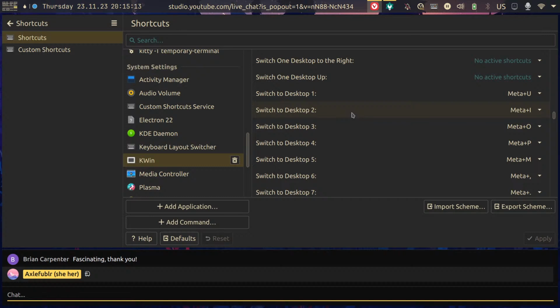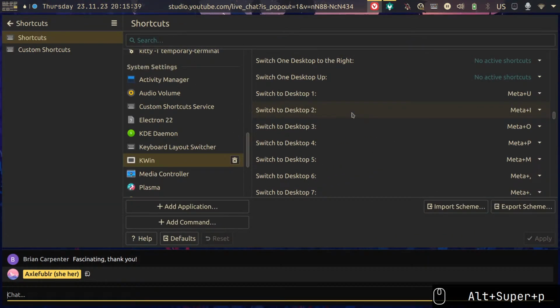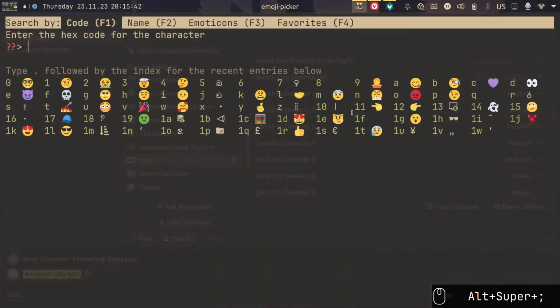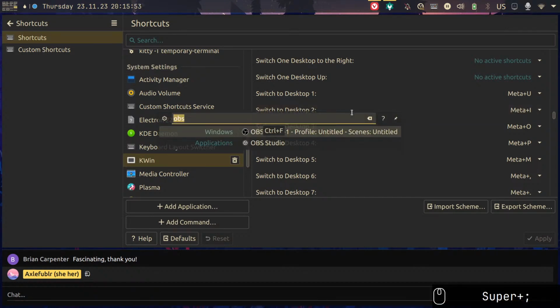And I'm still kinda starting to learn Unicodes, or rather memorize them. I memorized a few, but there's still a lot more to go. I generally take one per day, so I memorize one per day and then try to continue remembering them. So for those that I haven't yet memorized, I use my emoji picker still. So it's now on meta alt semicolon. Makes sense because it's also something that I use really often, and having it in a similar sense, so KRunner,